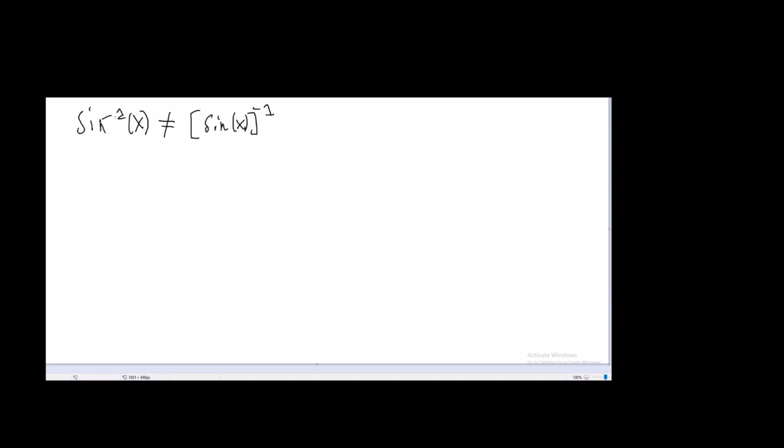So this notation may be a little confusing, and some may prefer to write this function like this instead, as arcsin of x, because it leaves less room for confusion. But I prefer writing it like this because it saves room when I'm writing. Okay, anyway, the way to prove the derivative of the inverse of sine of x is